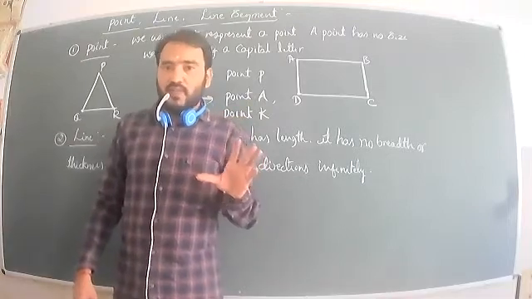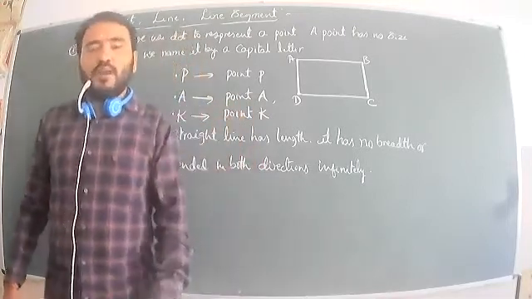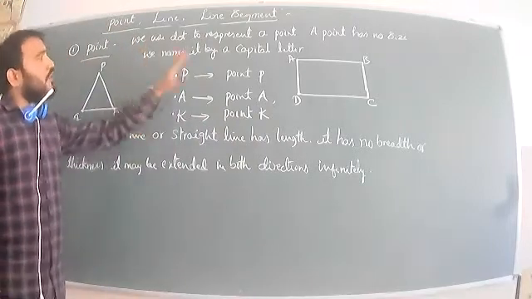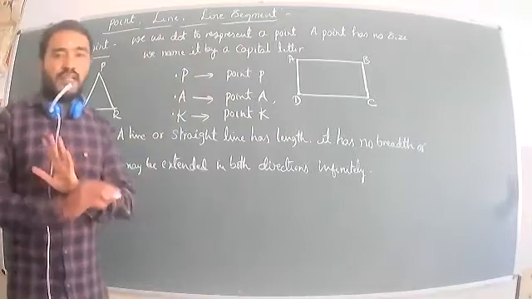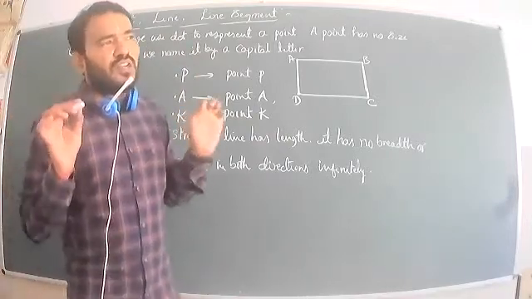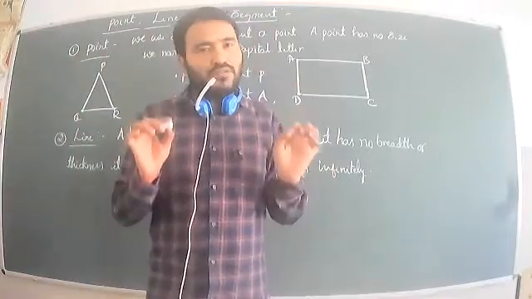In the same way, we can use any 3D or 2D shapes. So this is called a point. All of you know that we use a dot to represent a point, and a point has no size. Keep in mind, in geometry the smallest and simplest shape is the point.